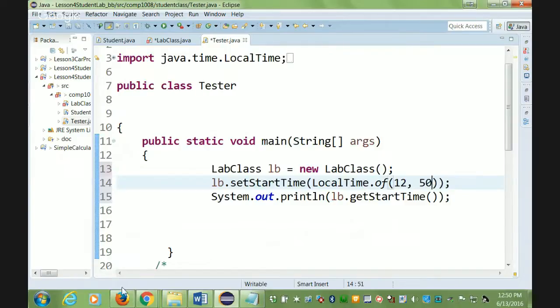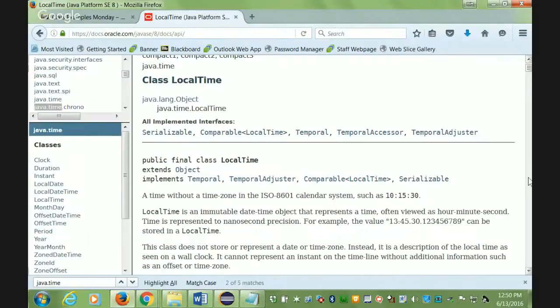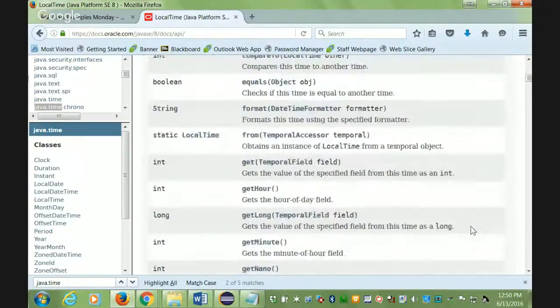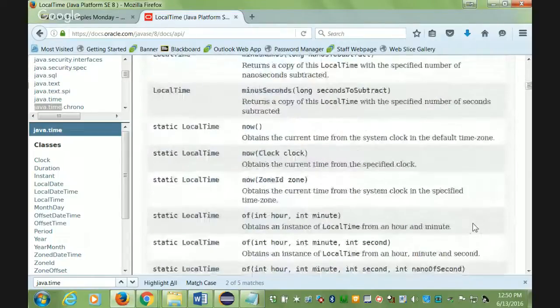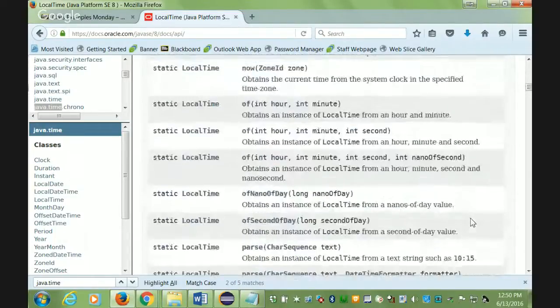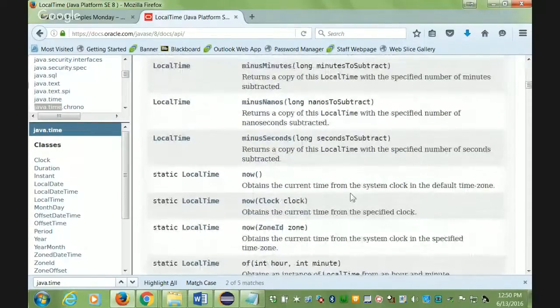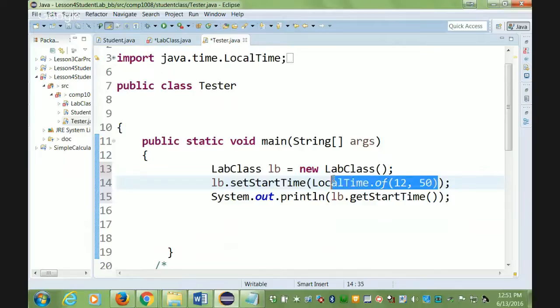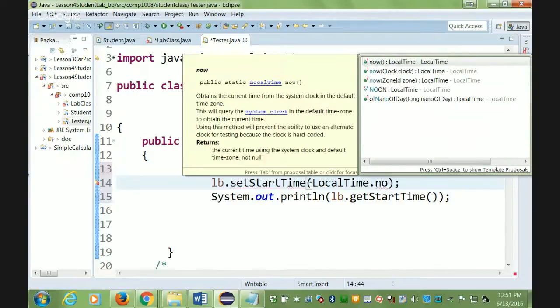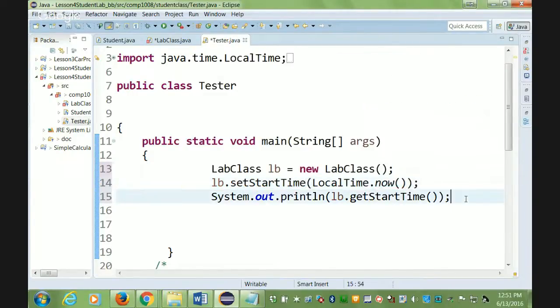Remember there was a now function? Do you remember a now method? While we were looking through it, there was a now method. That's much easier to use, you don't have to bother with anything. Where is the now? I think I saw a now. There it is. Obtain the current time from the system clock in the default. You can use now also. It's no big deal. That's much easier. Do it that way. It's just a method. Was it a static method? Okay. So it will pick up the current time and set it to the start time,